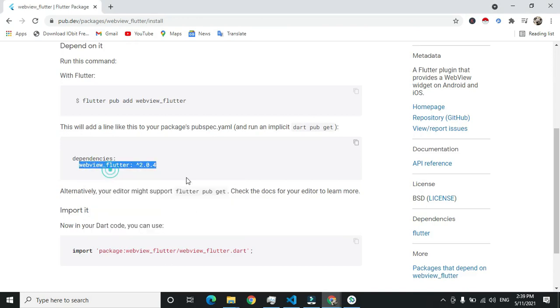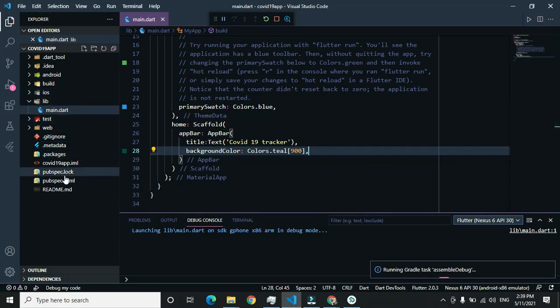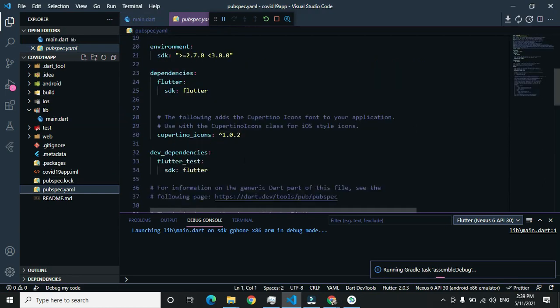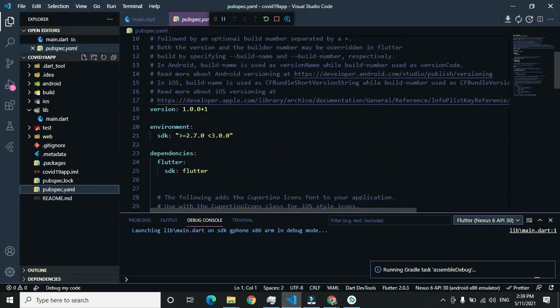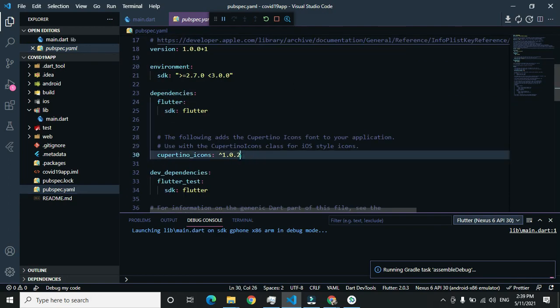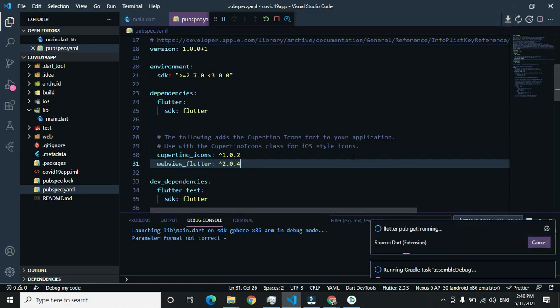After that there is pubspec.yaml. You have to open this pubspec.yaml. After that, search for Cupertino icons. Copy the webview_flutter line, and paste it below Cupertino icons.